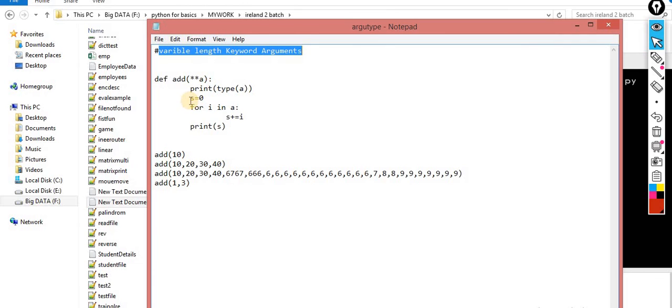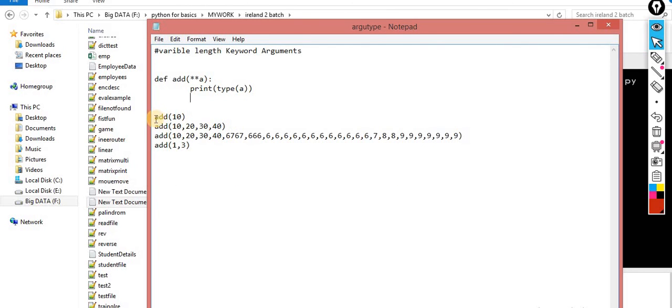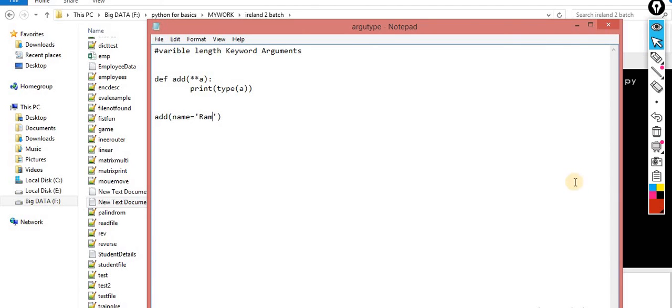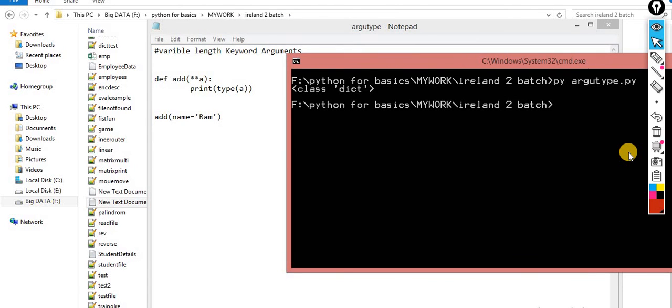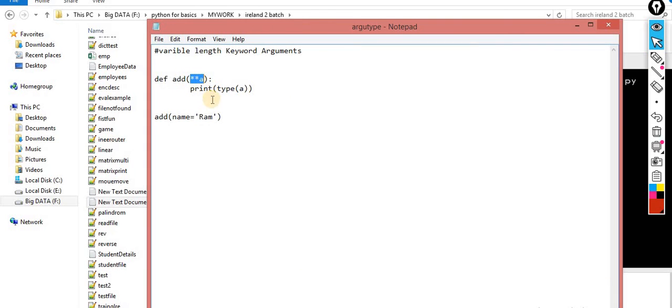So here, if I don't do anything, I just call this function only one time and show the type of whatever data I am passing over here. Name is equal to Ram. Now you can check, the picture will be clear to you about what exactly is happening inside this. Now you can observe this. This is called a dictionary. So it will treat it as a dictionary. Earlier it was considering a tuple, but this time it is considering a dictionary. So here everything that you want to implement with a dictionary, you can implement.